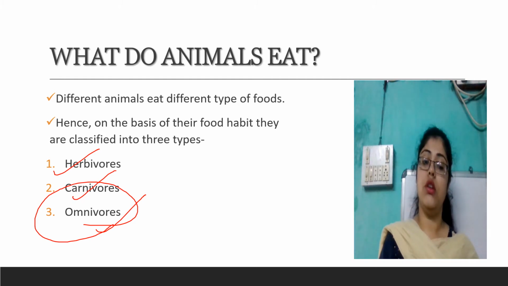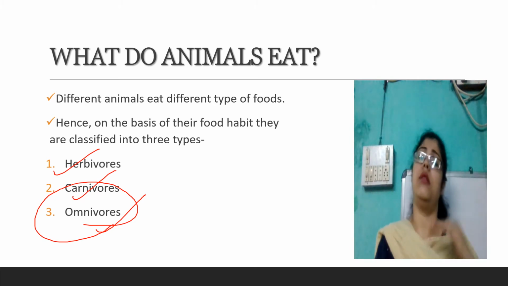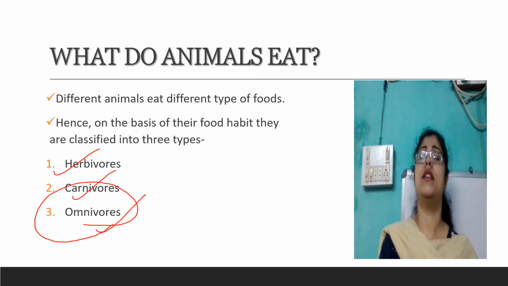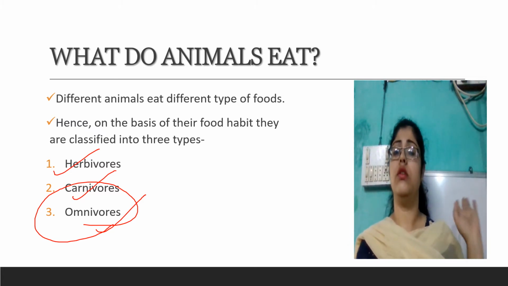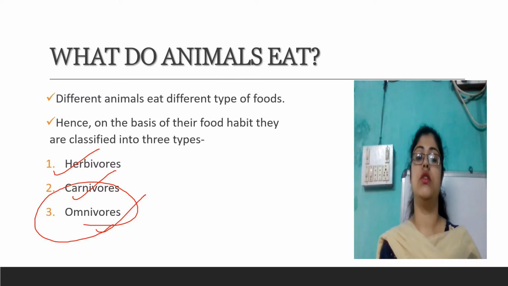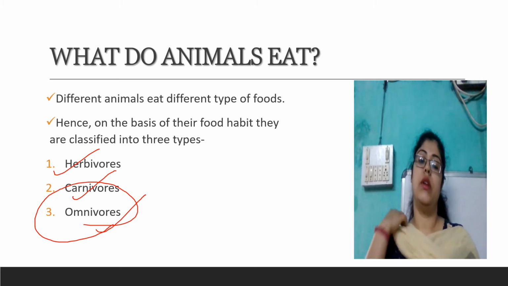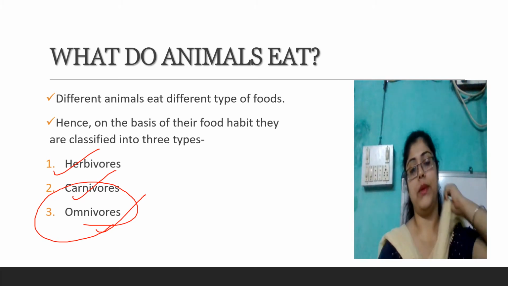If you provide a food item which belongs to a mixture of both plant product and animal product, there is a chance that a human will definitely eat it. So they fall under the omnivores. With this we understand that an animal who can eat both plant product and animal product, or depends on both, will be considered under the omnivores.